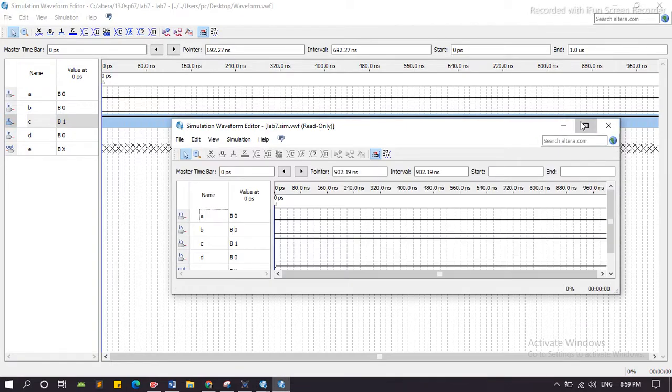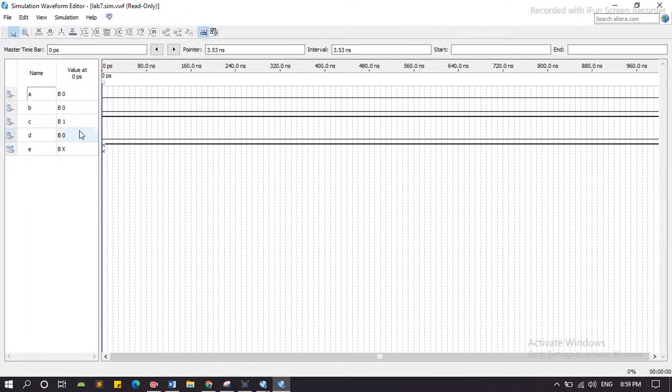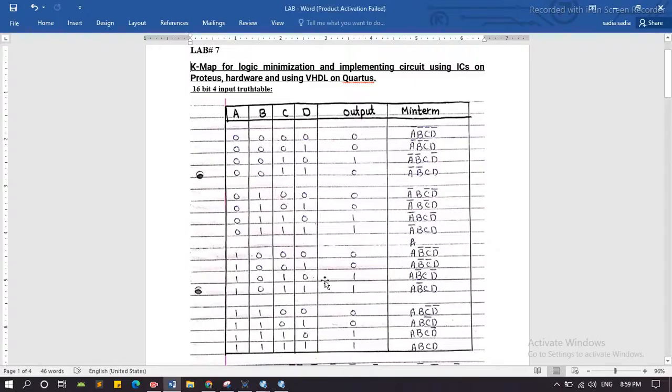Here is the output. We can see in the output when it is 0 0 1 0, the output is also 1. Now we test one more. We go to the truth table and select any one from those which have the output 1 from the 7 of those, and now we select this one, 0 1 1 1. In this, B, C and D are 1 1 1, and A is equal to 0.